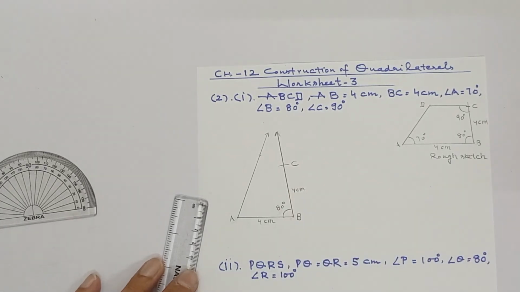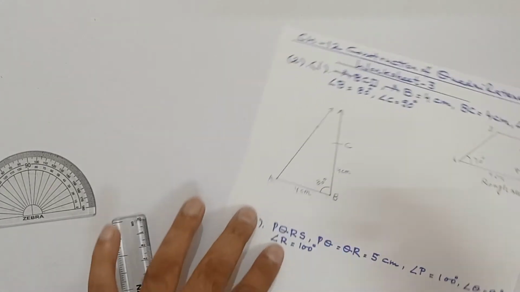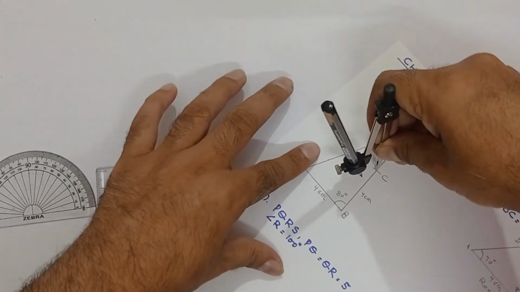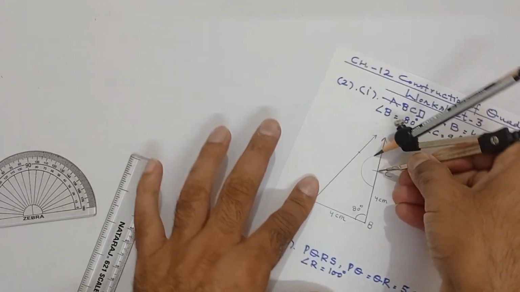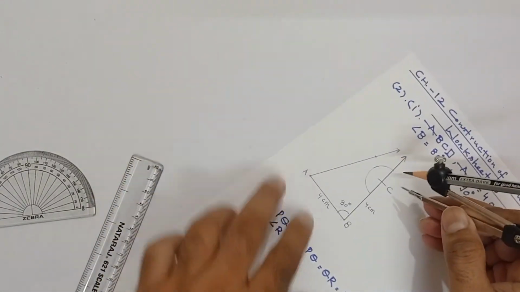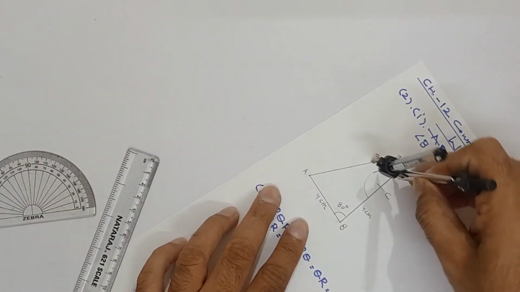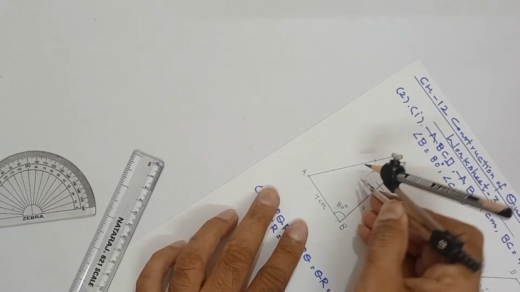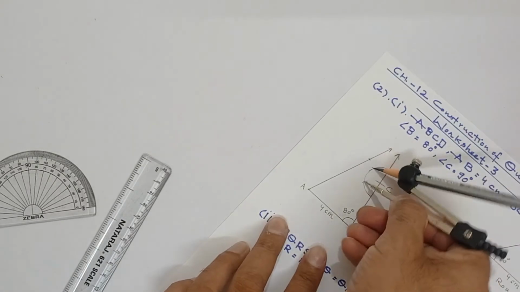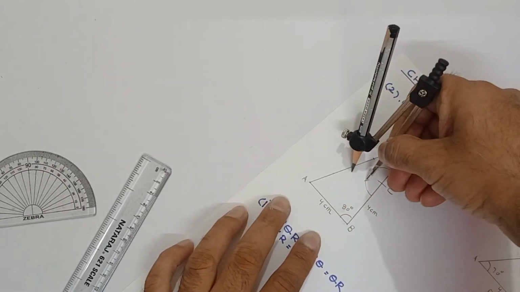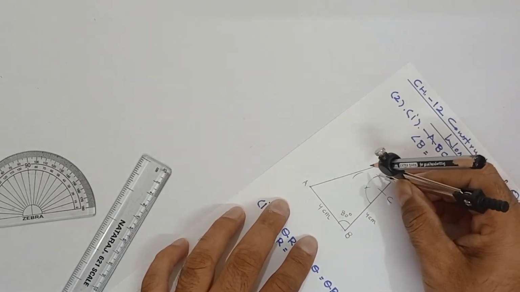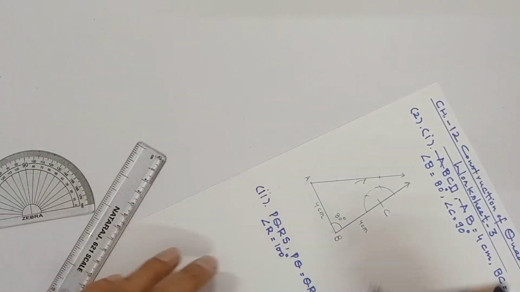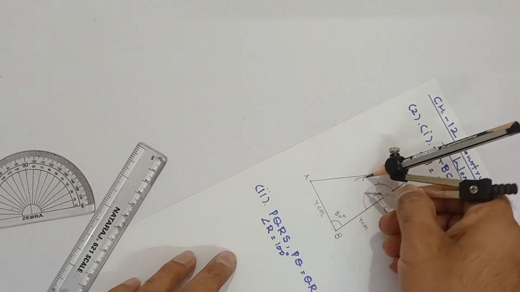At point C, you are supposed to make 90 degree. So compass tip here. This way you are to take an arc. From here, you may cut from here also. This 60 and this 120. Keeping the compass tip on 60, arc. Keeping the compass tip on 120, another arc. Right? You may extend the arc this way.